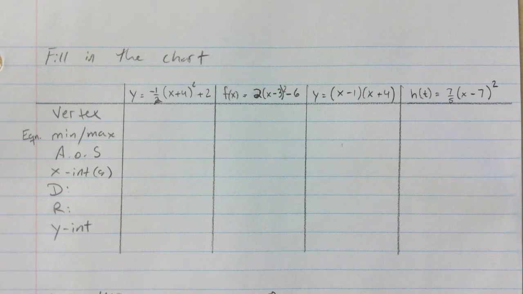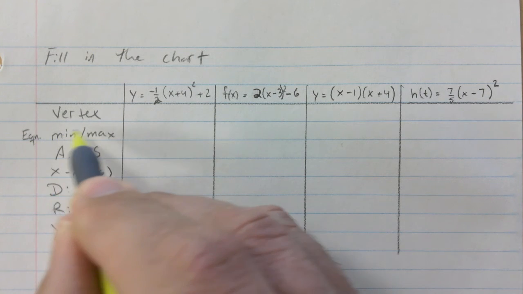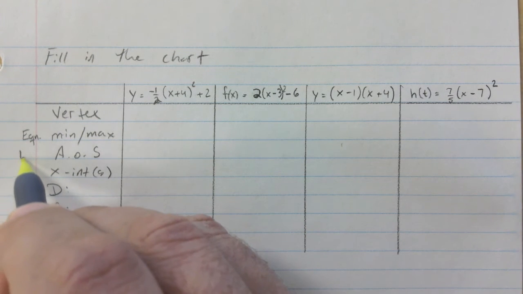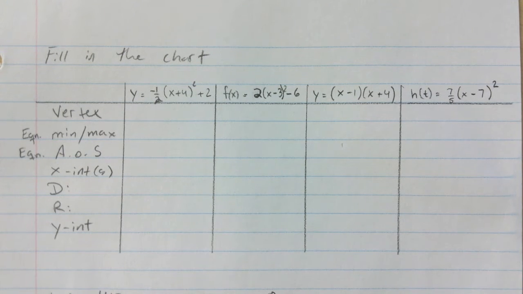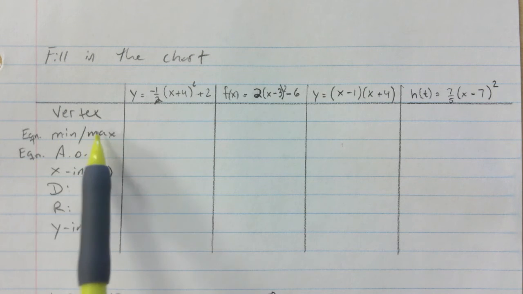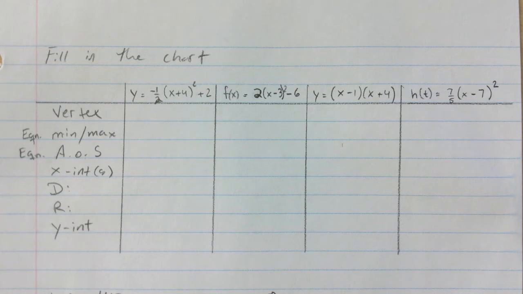So I would like you to fill in the information that I'm asking you for. Maybe I should say when it's min and max, it's the equation of min and max. Axis of symmetry is also the equation, okay? So it's implied. So it should be y equals for min and max, and it should be x is equal to for axis of symmetry. So take a few minutes to answer this,